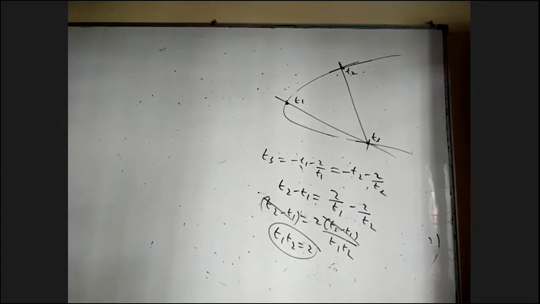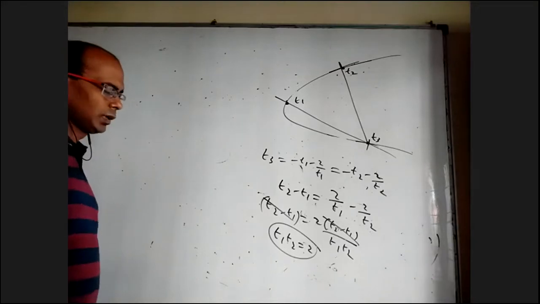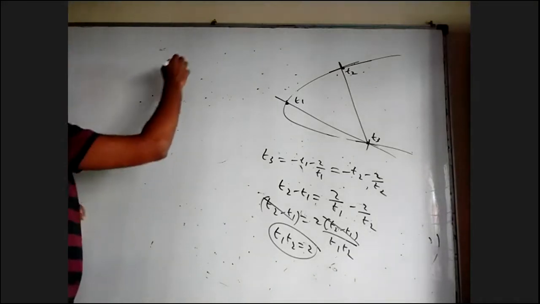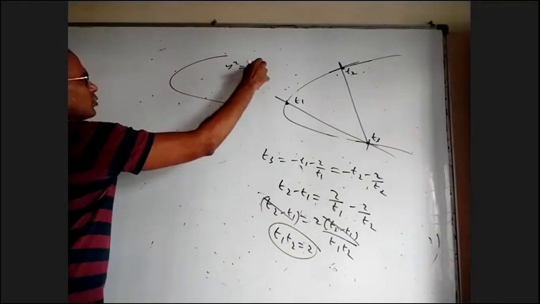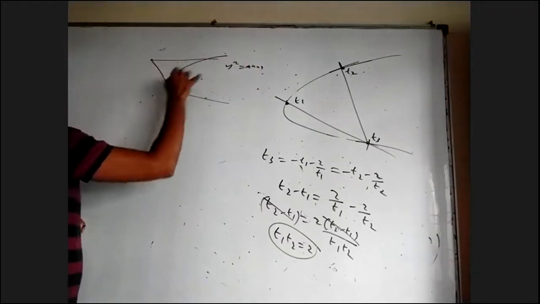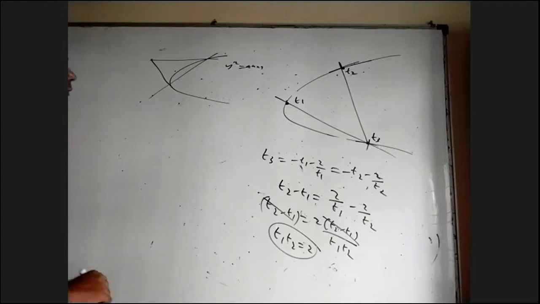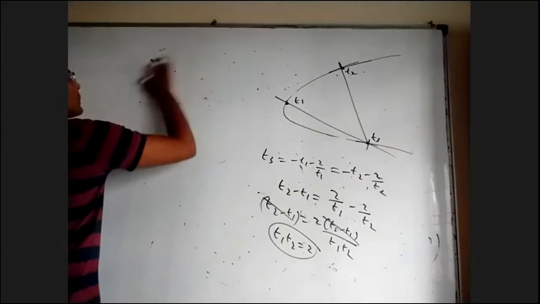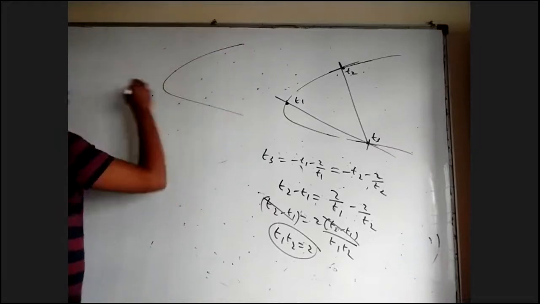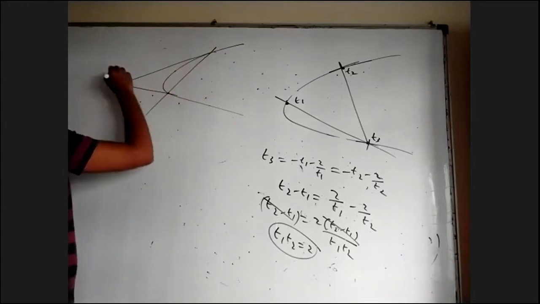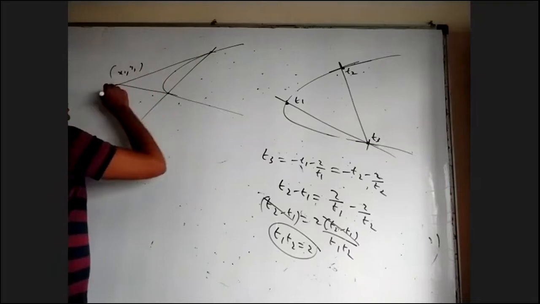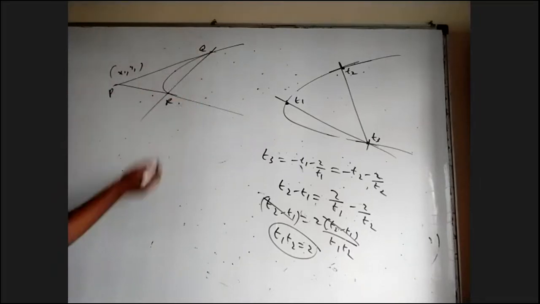Okay, what else regarding co-normal points? That's it. I think most of the parametric forms related things are covered here. One last thing I should have told you before: from an external point x1, y1 to a parabola y square equal to 4ax, we draw tangents. There's a formula for that area. How did this come? So this is one point. These are the two tangents. This is x1, y1. This is P, this is Q, this is R. I find the area of triangle PQR.